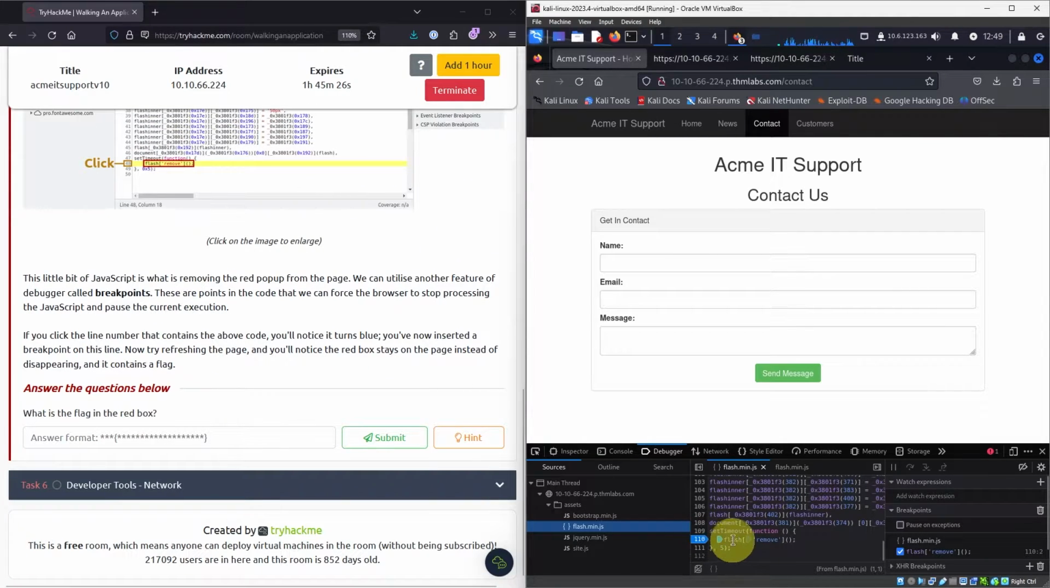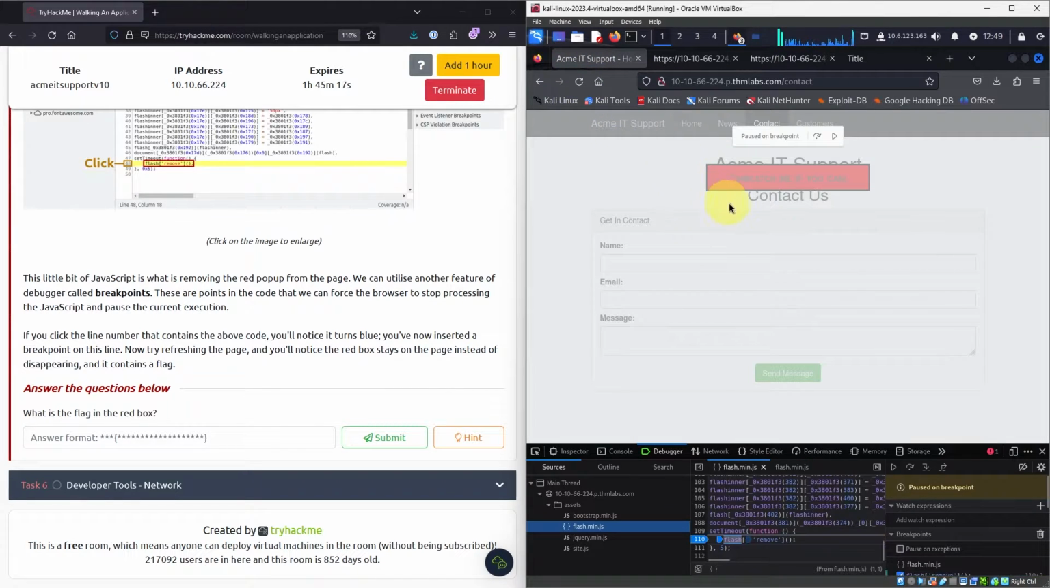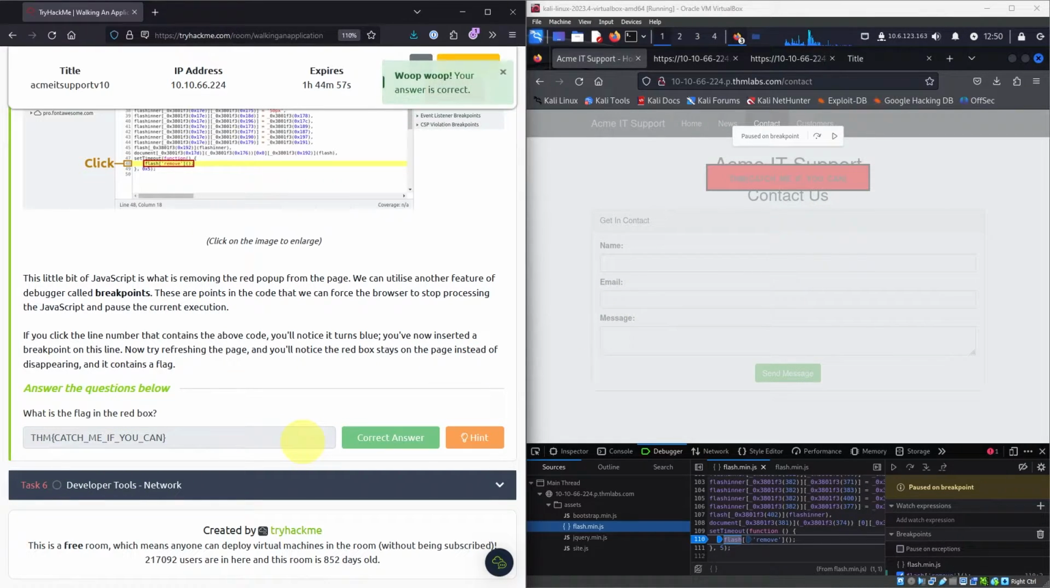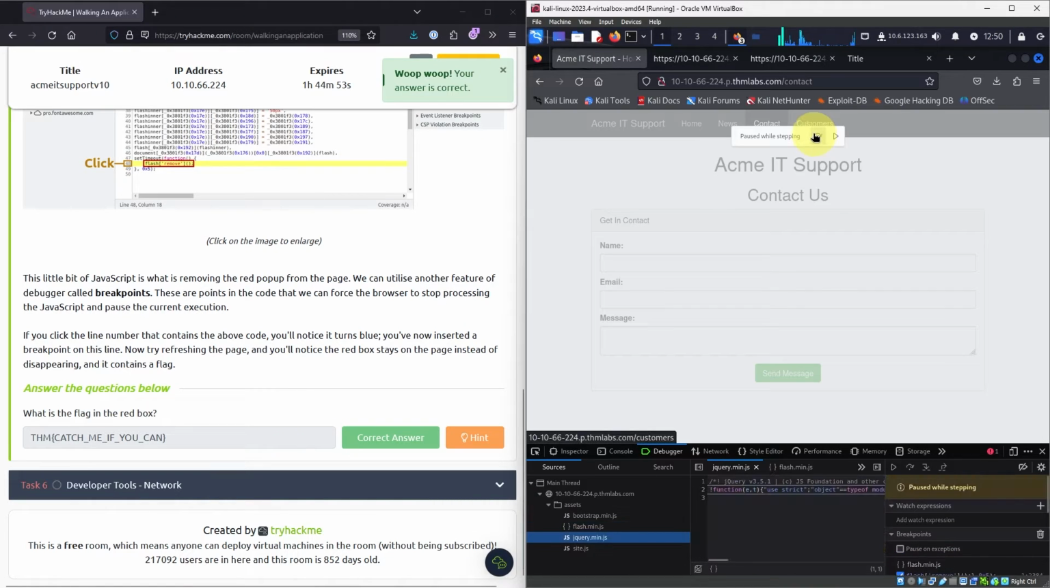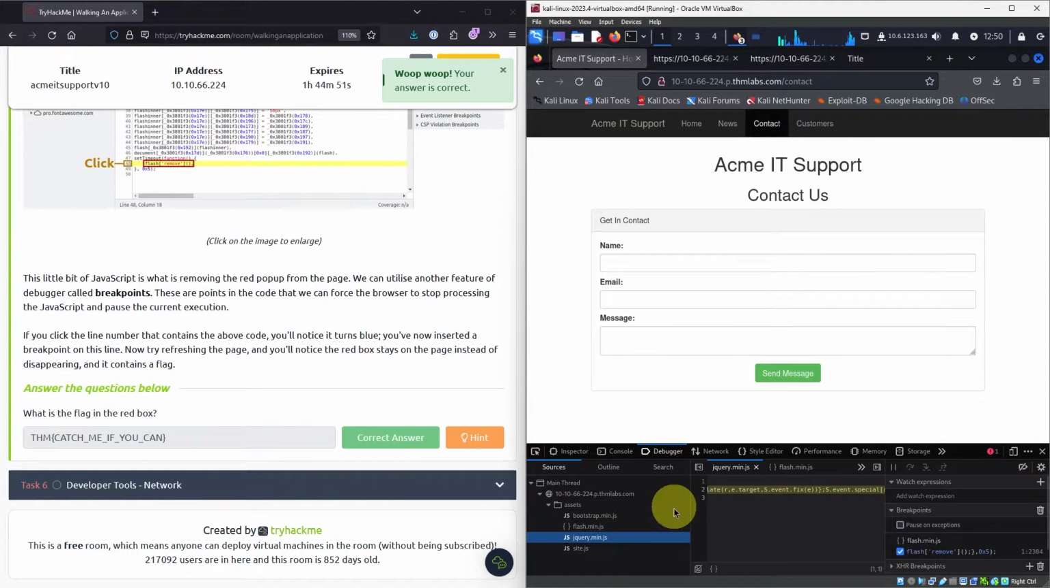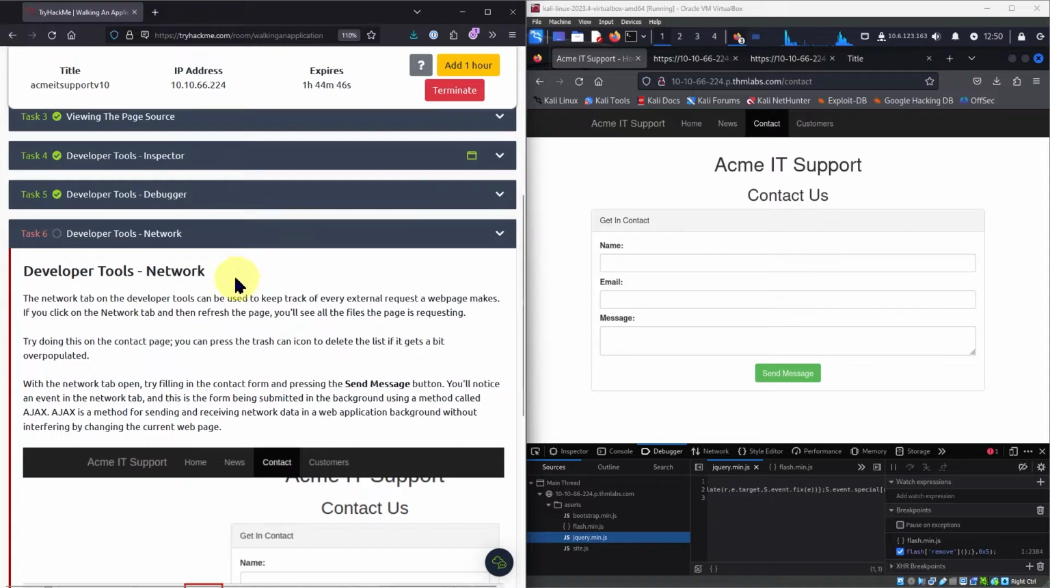So you should be able to click on that number. Yeah, that blue is going to tell it to skip it next time. So I think refresh the page. And there's the red box that popped up so fast we couldn't see it. And there's our flag. That's correct. So we'll hit that just to bypass everything and take the block out. So now we need to look at the